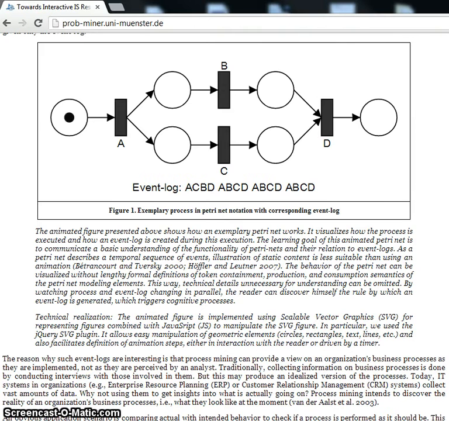So, as you know, we're talking about business process mining here. And the first thing a reader would have to do is understand what business process mining is all about. And as the name suggests, it's about mining some sort of information about business processes from data that is being observed. So this illustration here, this animation, is meant to facilitate the understanding of the user with respect to how this